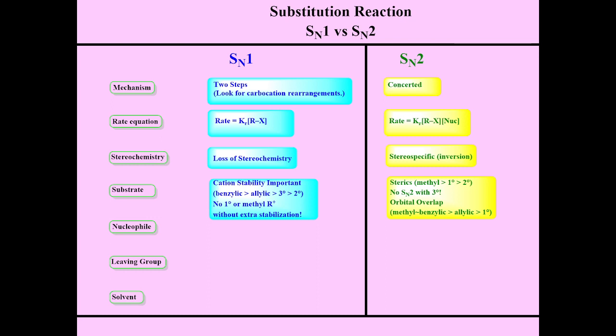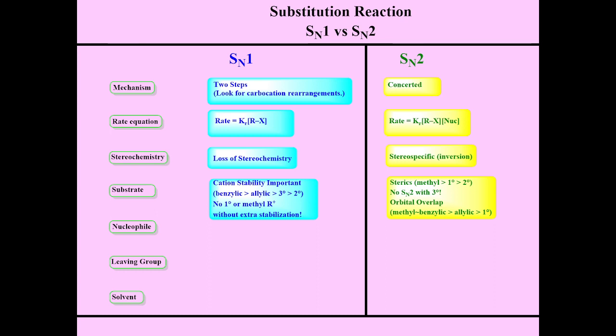This is very important. For example, the benzylic cation will be preferred over allylic, then over 3 degree, then 2 degree. So that means this is the sequence in which the SN1 reaction will proceed, very well for benzylic compared to 2 degree. And for 1 degree or methyl carbocations, these are not preferable at all, because there is no extra stabilization, and